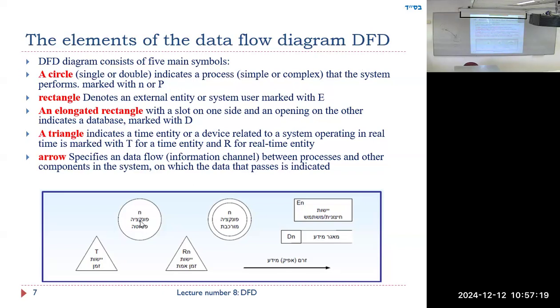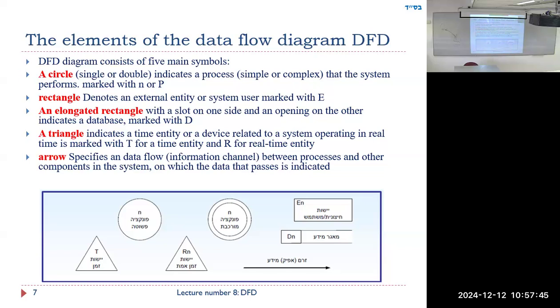And it can be simple or complex. If it's complex, we do two circles. What does complex mean? A very simple definition: a complex process means this process will be further analyzed. In other words, there'll be another diagram to explain it. If you have a basic process with one circle, that means that's it. I'm not going to explain it anymore. I've explained it. In other words, if it's simple, it's sometimes called a simple process because it doesn't need more